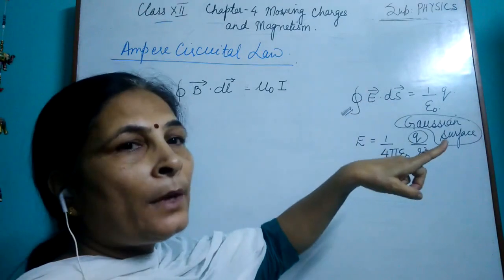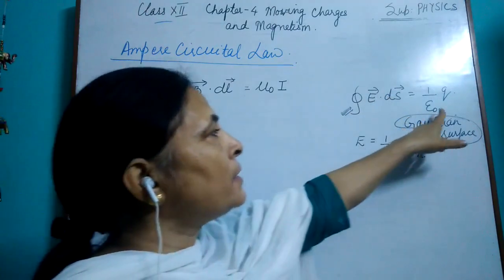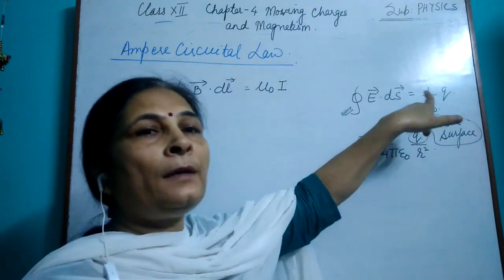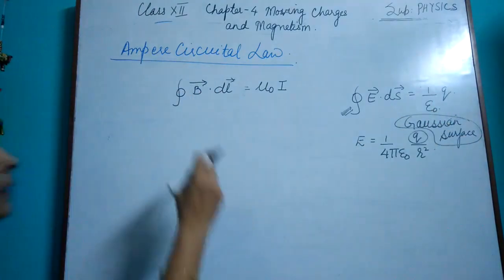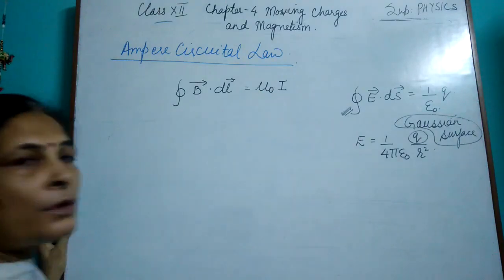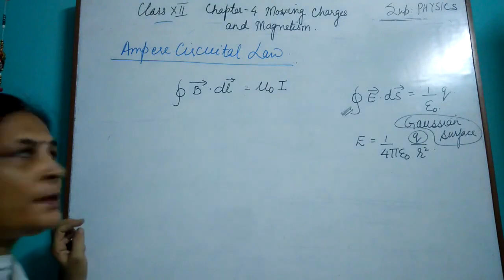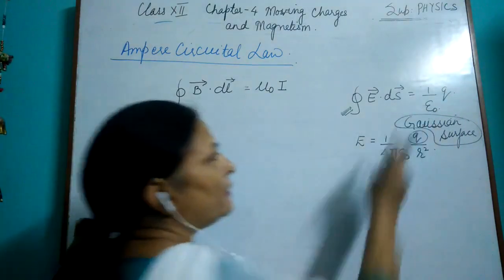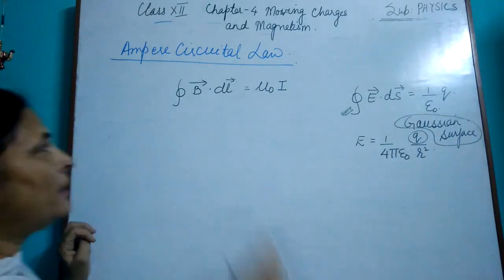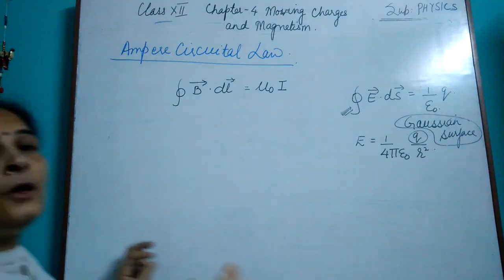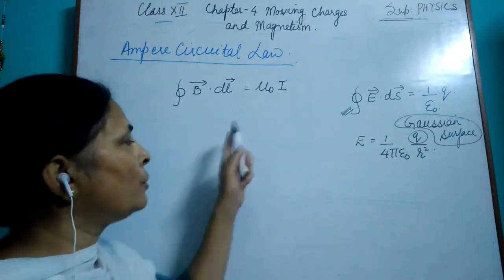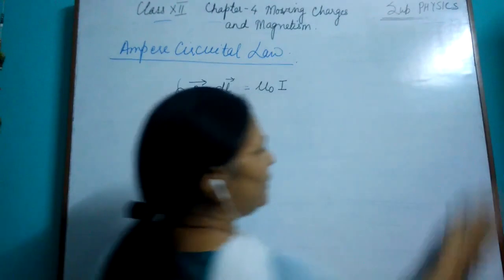See, in Coulomb's law, or in electrostatics, the constant introduced was epsilon naught, the permittivity of free space. And you remember that in Biot-Savart law, we introduced a new constant mu naught, the permeability of free space, which has a different value than epsilon naught. Here we are going to make a Gaussian surface, and here we will be drawing an Amperian loop. Now we'll see how to use it. I'll give you an example.